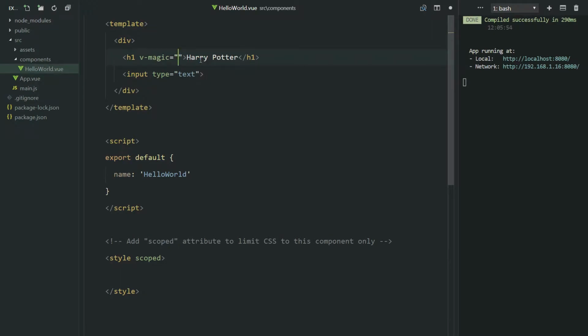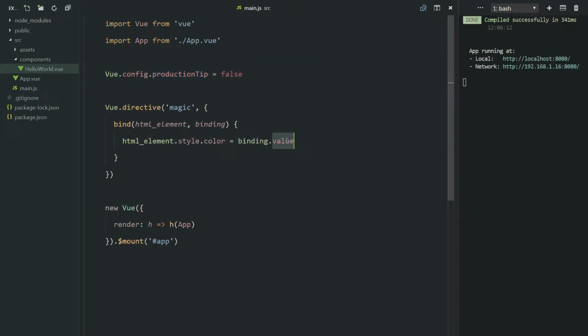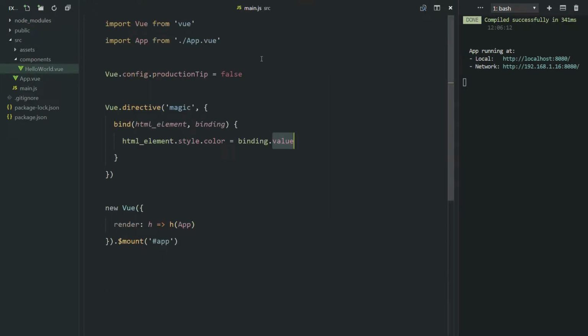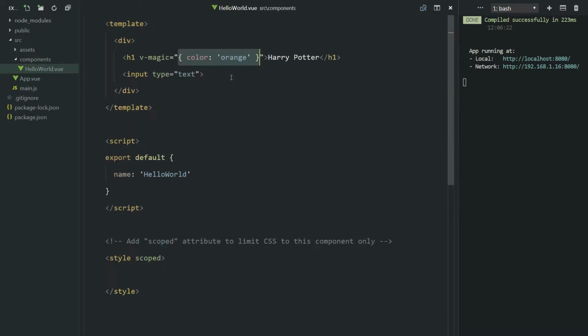You could also pass in an object. Let's try this. And then give this object a color attribute, which would be, let's say, orange this time. And now we can grab that value, which in this case is the object. Okay, so value is the object. And go value.color. There we go. And Harry Potter is now orange. So that's pretty cool. We've now got this object here that we can do a whole bunch of things with. We can add a whole bunch of options to our directive. In fact, we can pretty much recreate